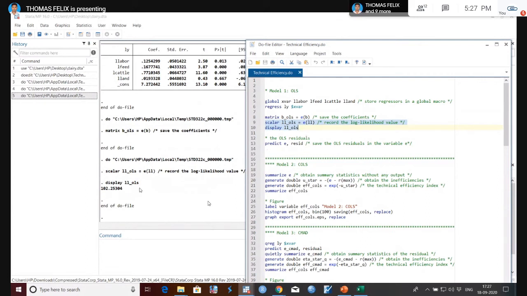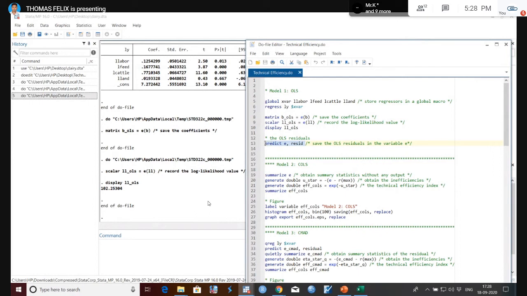Usually the log likelihood values are used to compare the model fit. When the log likelihood value is higher, we can choose the model with the highest log likelihood value. For example, if I am running the OLS and performing another model also, I can compare the log likelihood values and choose the model based on the highest value. But this is not our intention. So first, to derive the corrected OLS, we need to run the OLS.